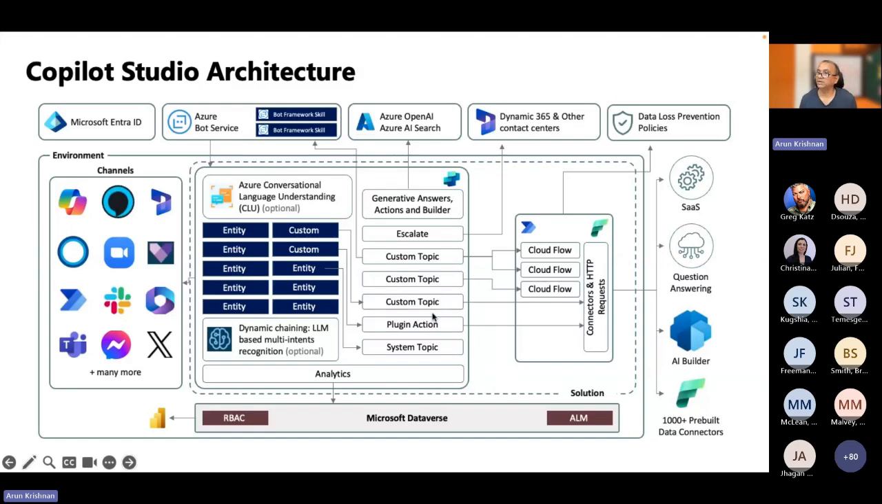This complicated looking diagram is the Copilot Studio architecture. At one end of it, you have all the different channels, and many more actually. And I'm sure you recognize a lot of these icons. You have the Azure Conversational Language Understanding (CLU) optional module here. You have a number of agents that are part of it, and you can customize each agent to a particular topic. And those agents then make use of Azure OpenAI and Azure AI Search to provide you the